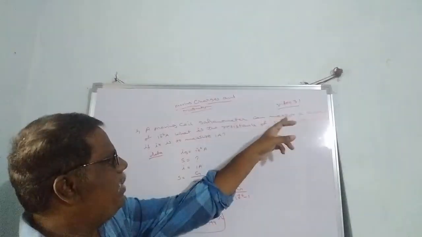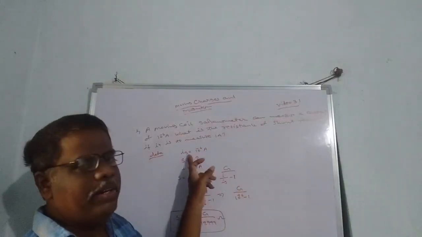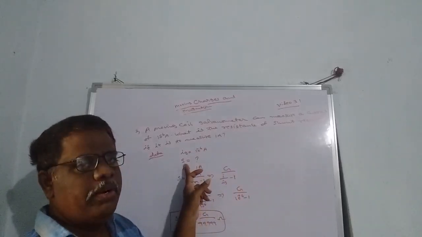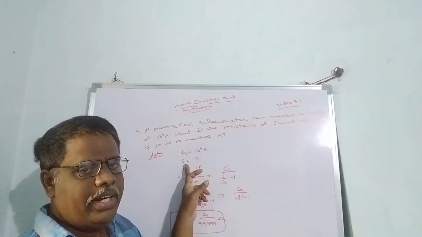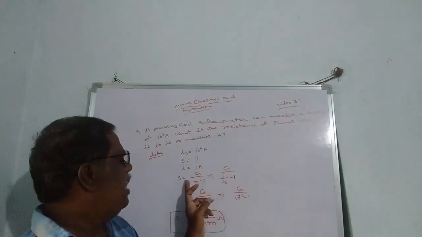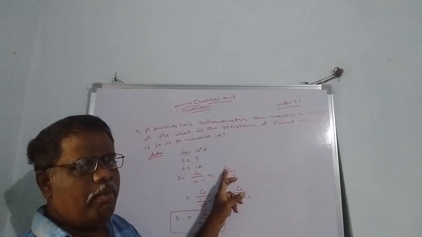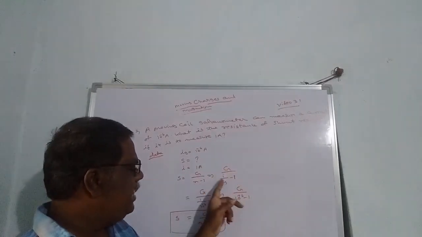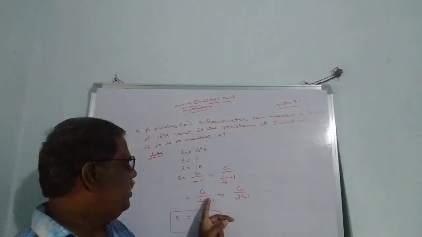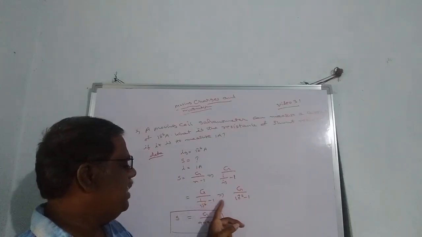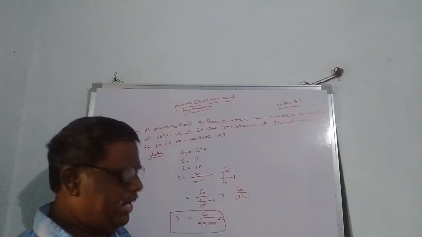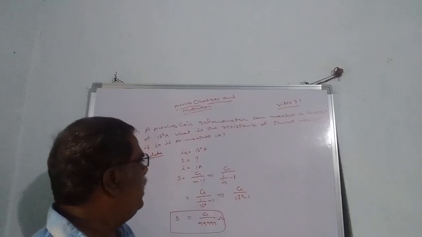Once again, a moving coil galvanometer can measure current. Galvanometer current is denoted with I suffix G. It will be 10 power minus 6 amp. How much shunt resistance? Shunt resistance is denoted with S. Shunt means a small parallel resistor connected to the moving coil galvanometer. I value will be equal to 1 amp. So the formula is S is equal to G by N minus 1, where G is the galvanometer resistance, which is unknown. N is the ratio between total current and current passing through the galvanometer, I by Ig minus 1, so I value 1, Ig value 10 power minus 6, minus 1. On simplification we get S equal to G by 99,999 ohms. So this is the way to calculate it.